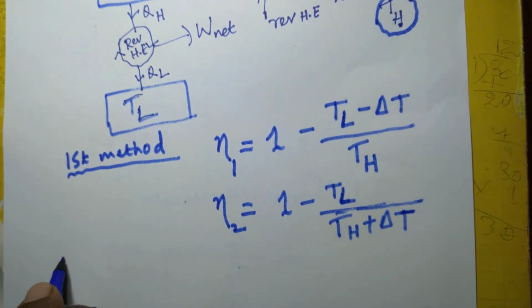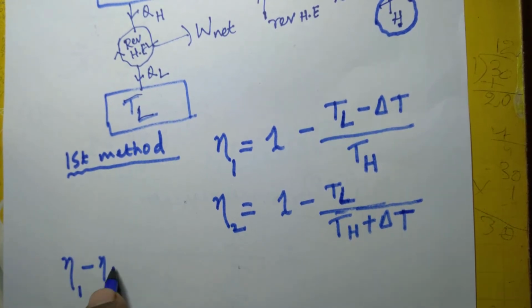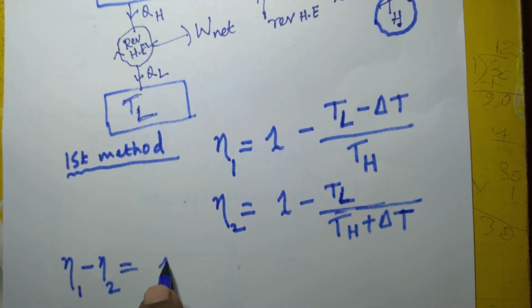So if you find efficiency 1 minus efficiency 2, first case and second case, then it becomes